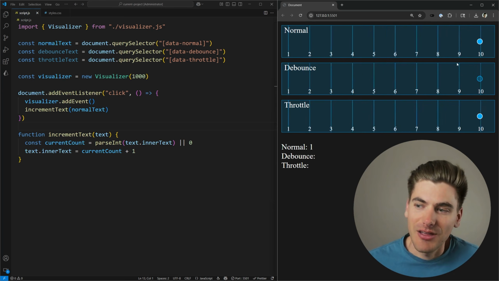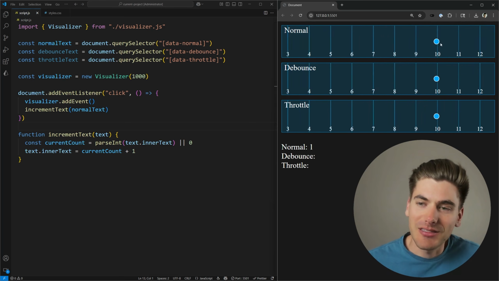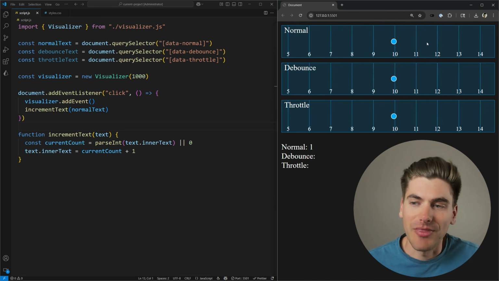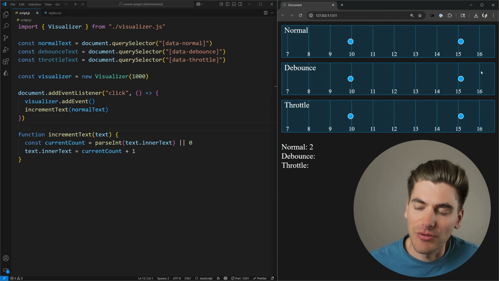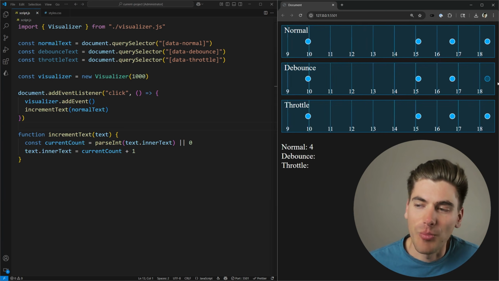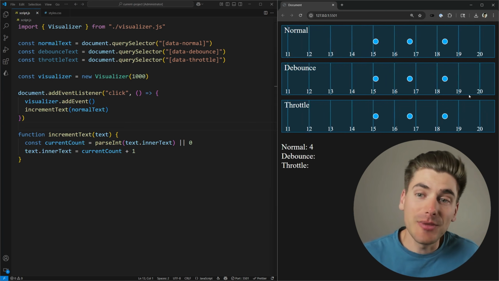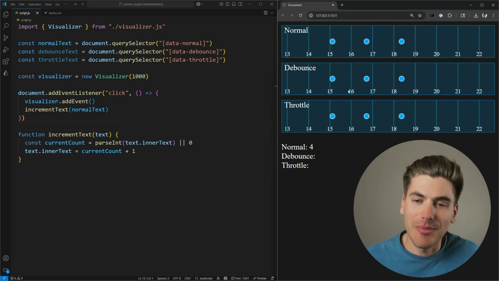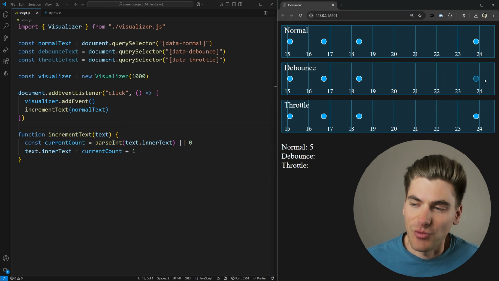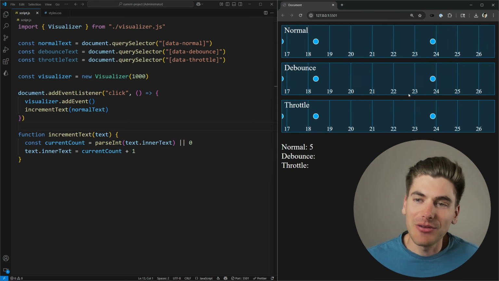And you can see here, a blue event that is a solid blue like this means the event was triggered immediately right then. If I have a partial blue event, as you can see here, this one is kind of like an opaque blue event. That means it is waiting to be triggered, and as soon as I get to my debounce timeout, which in this case is 1 second, so 1 second later, that event then goes solid blue